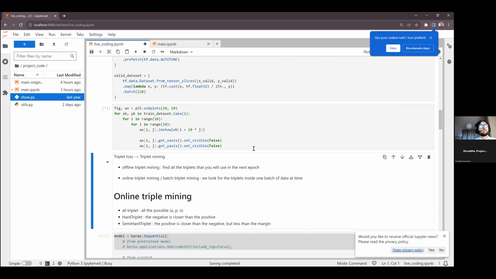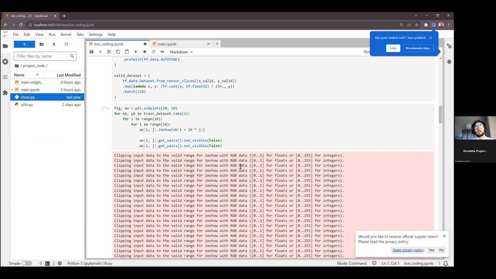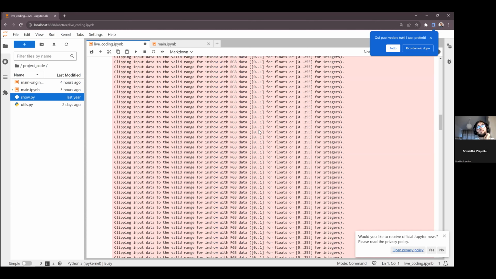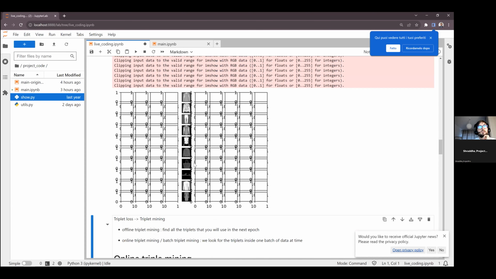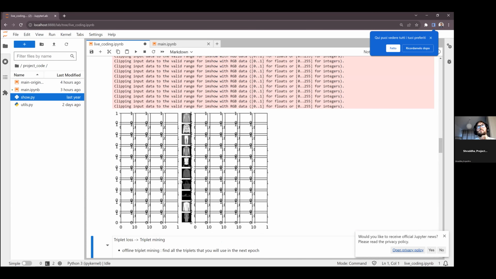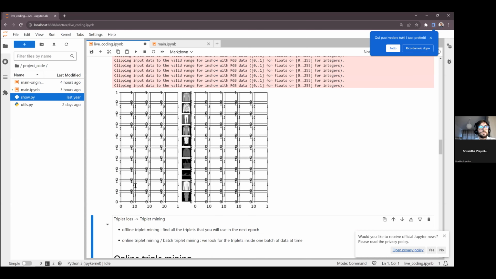Let's see. Okay, it's complaining that the range is not 0, 1 anymore. Yeah, right.